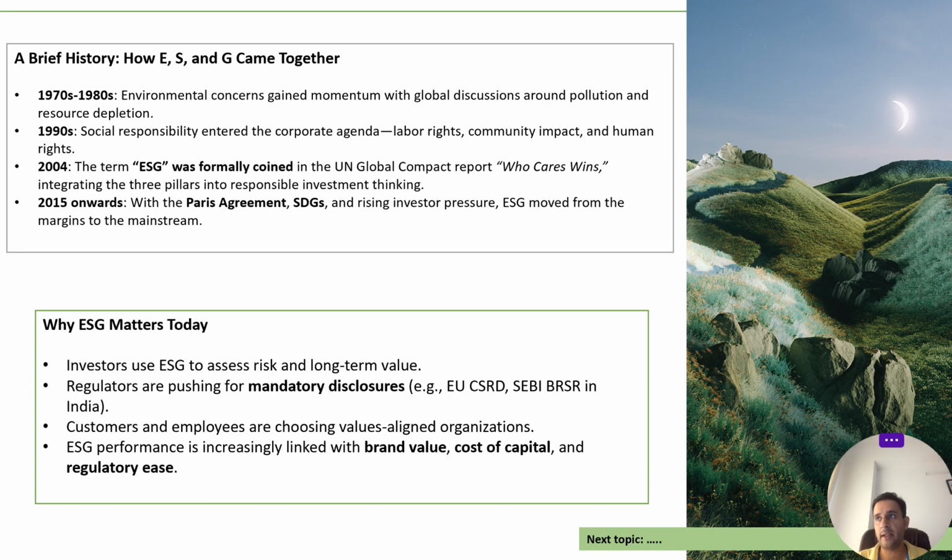And then in 1997-98, GRI happened, which was the first reporting framework, the draft. And then after GRI, based on GRI, a lot of reporting frameworks came, right, with different focus. GRI focuses on transparency, TCFD, for example, focuses on climate-related financial disclosures and climate risks, and so forth. Why does ESG matter today?